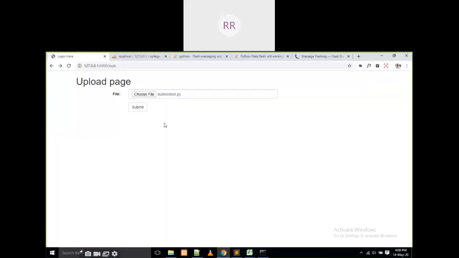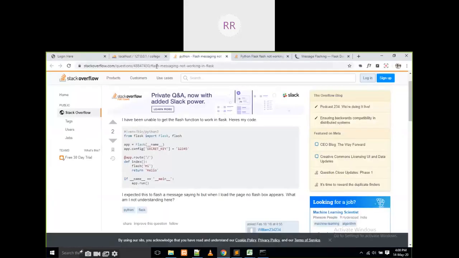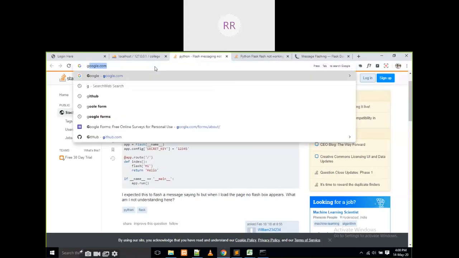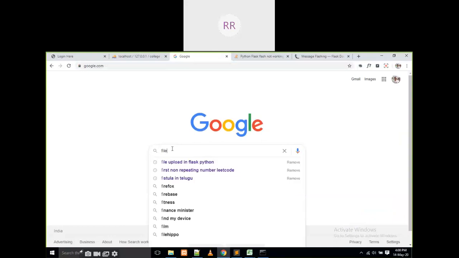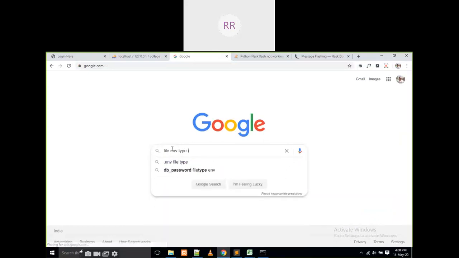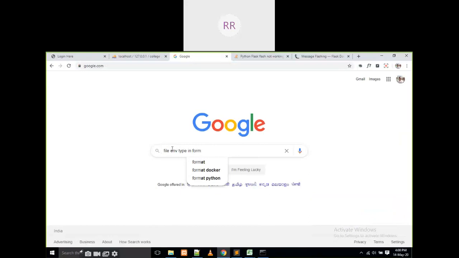Just what is that? How to get that? File input, type in form HTML.